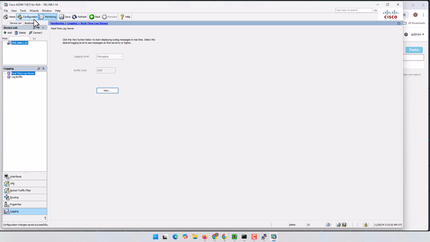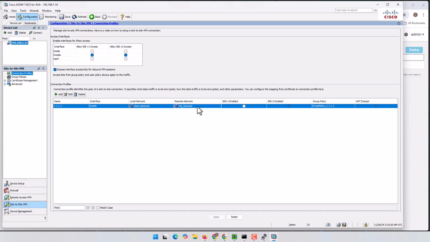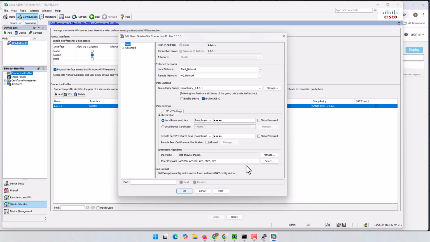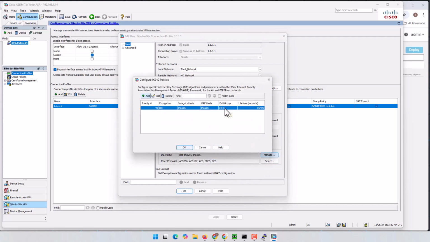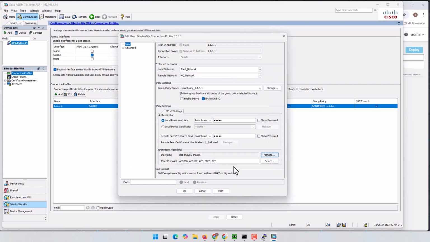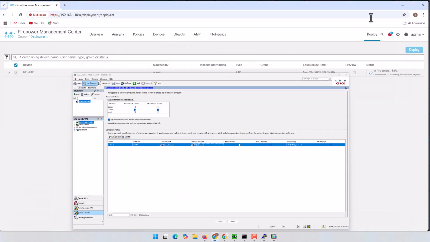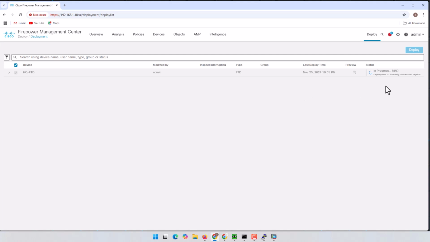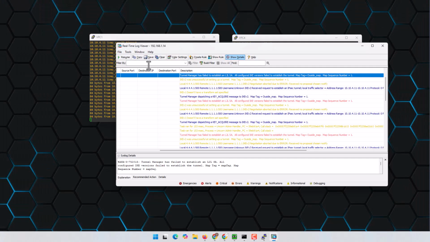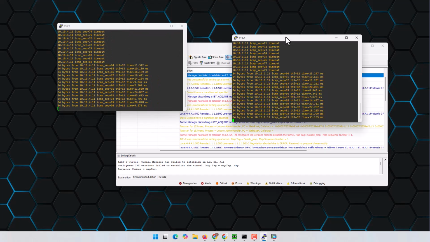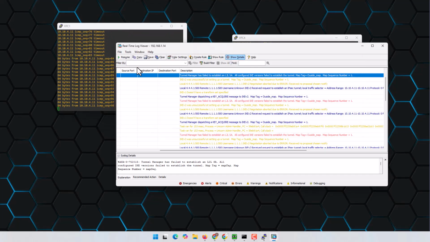Let's go back here and do the configuration, and here in the Diffie-Hellman group, let's see, 14 and 5 we selected here, and we also selected 14 and 5 on the other side. It's okay, we don't have any problem in the ASA. Let's wait for this to finish the deployment process. Okay, the deployment finished here. Let's see if we are able to ping or not. Yes, our ping has started, and if I run this